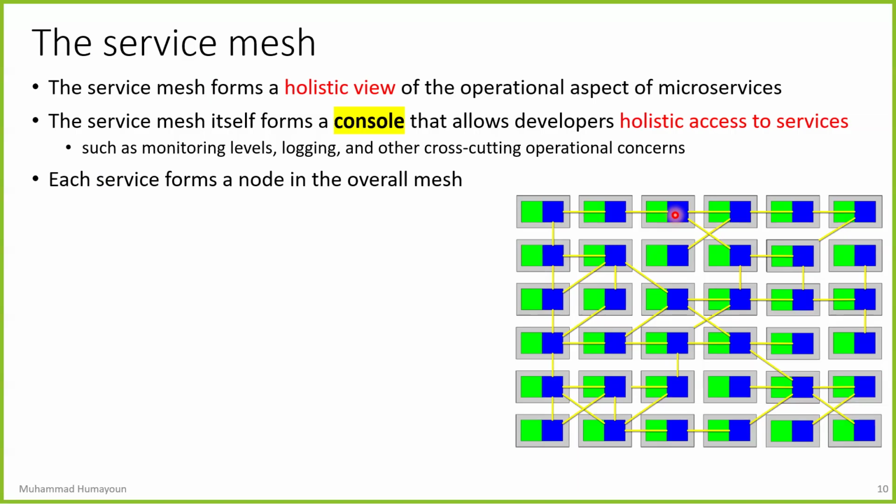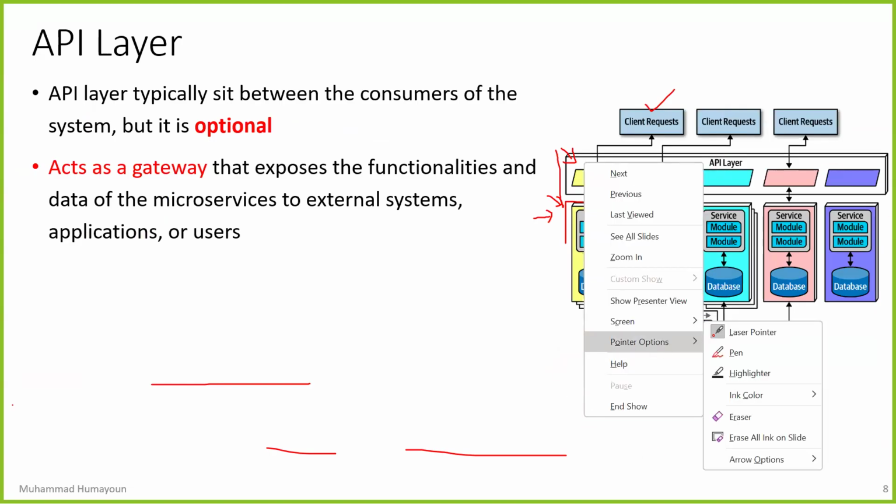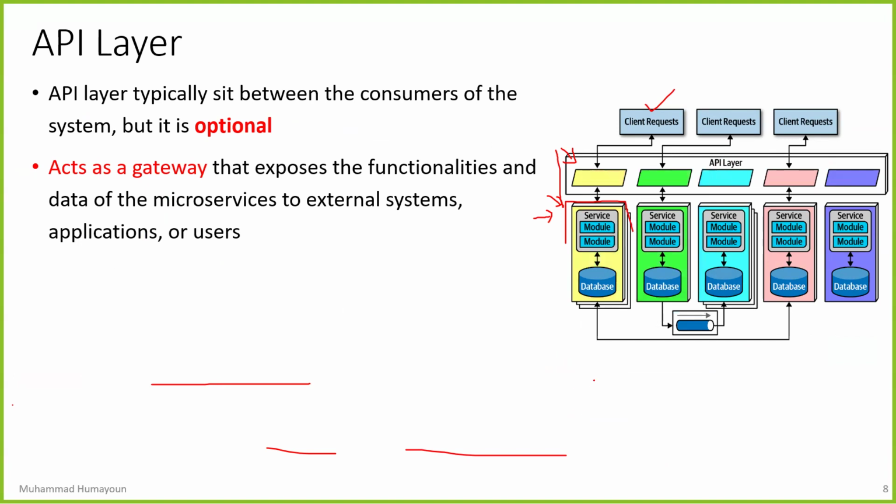We want a console where I can see how the system as a whole is performing. So if I take you back over here, I want to have this kind of control, so that I sit on my computer, or in some operational room with many, many screens on it,